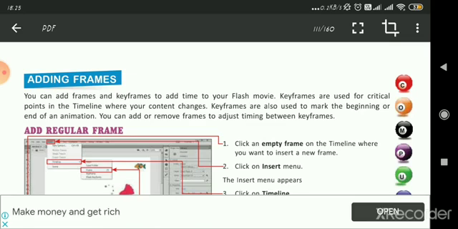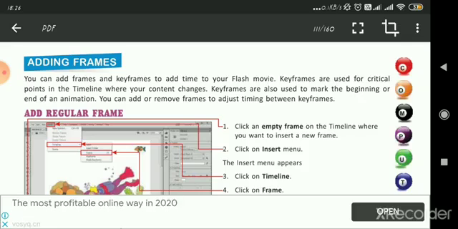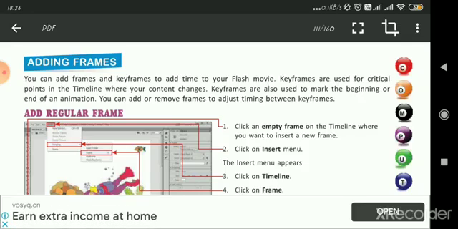Keyframes are used for critical points in the timeline where your content changes. Keyframes are always used to mark the beginning or end of an animation. So you can add or remove frames to adjust timing between keyframes. This option is also very helpful.